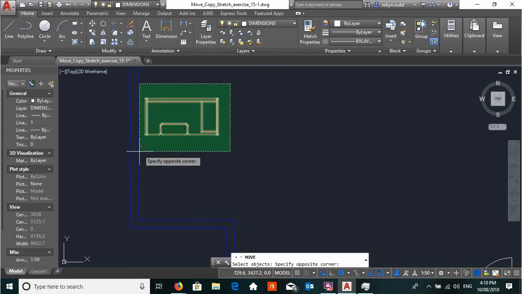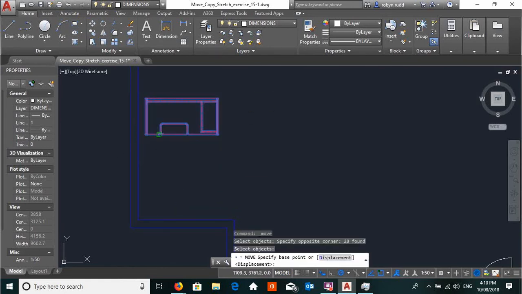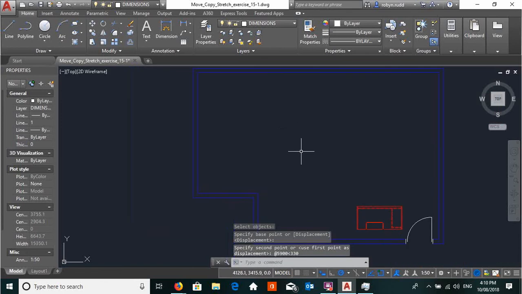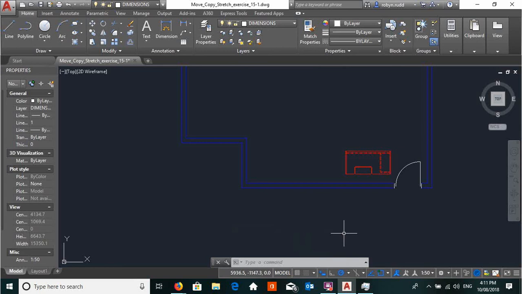Move button, enter, base, and we're going to type 5,900, angle of 330, enter. All right, and we're basically back to where we started. All right, so I hope that's given you some more confidence with being able to move objects